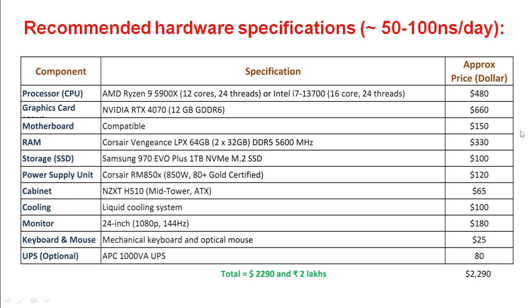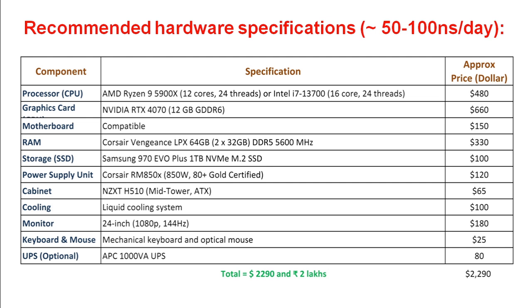Okay, then for GROMACS it's very important, you need a graphics card because GROMACS runs faster on GPU. Okay, so NVIDIA RTX 40 series, which is the current version. Okay, then a compatible motherboard, and at least 64 GB RAM is needed. Okay, and for storage you can use additional hard disks, but it's better to use SSD, 1 TB SSD at least. Okay, a power supply unit, cabinet, and a cooling system is very important, liquid cooling system, because when you